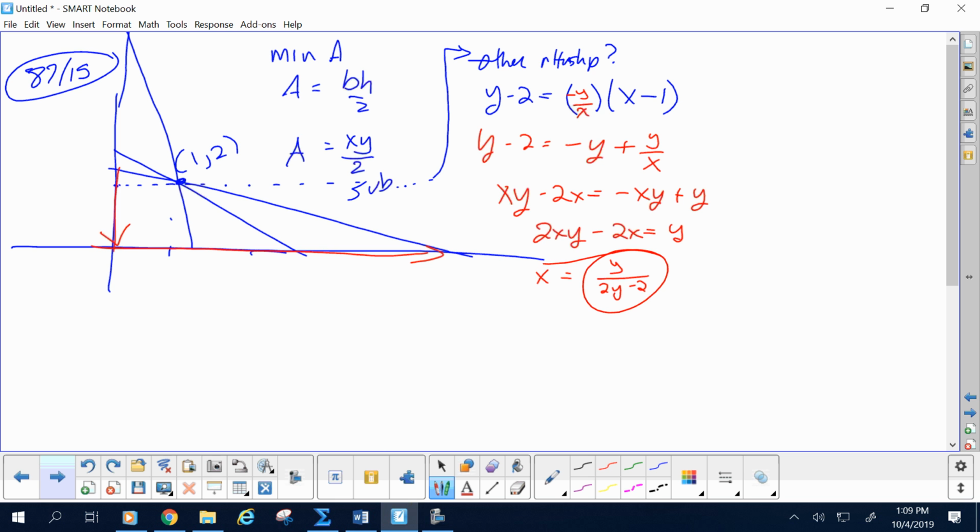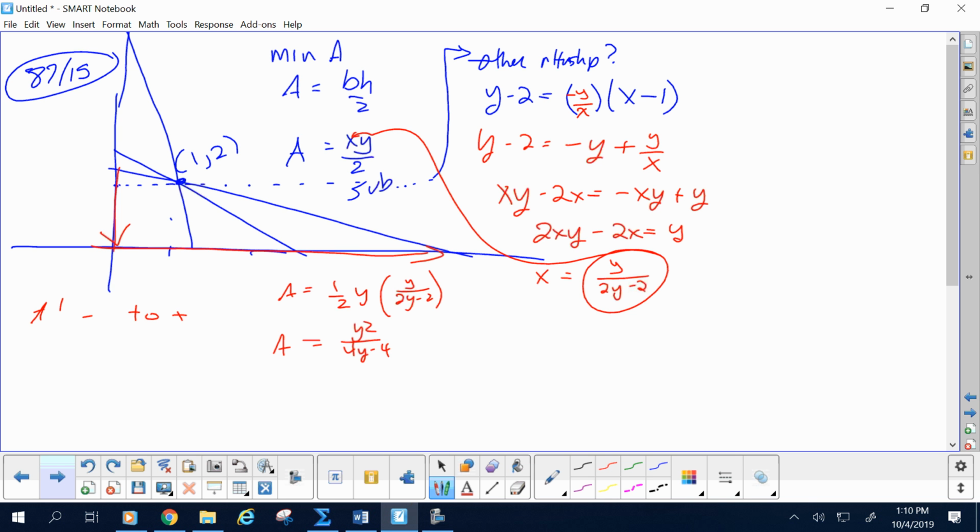All right. So the area then is 1/2 y and y over 2y minus 2, or y squared over 4y minus 4. You follow? To find a minimum, I need to find where A prime goes